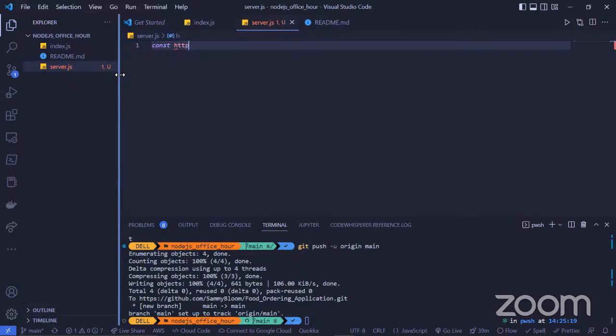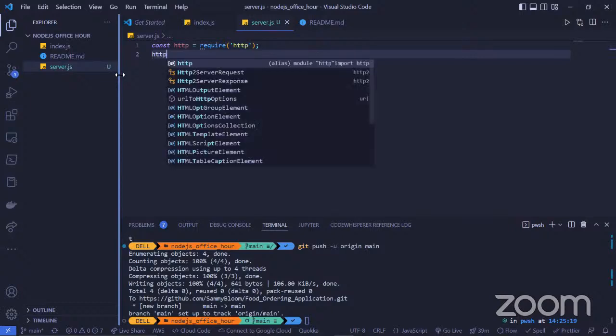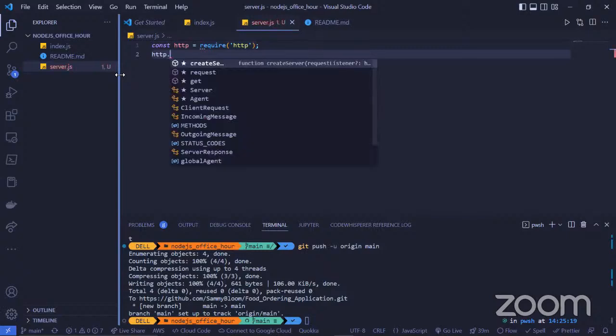So it's going to be just, I want to store it in, say, require HTTP. How to create a server is basically http.createServer.